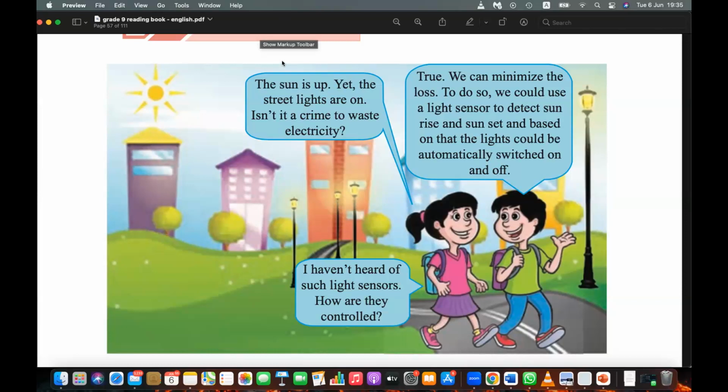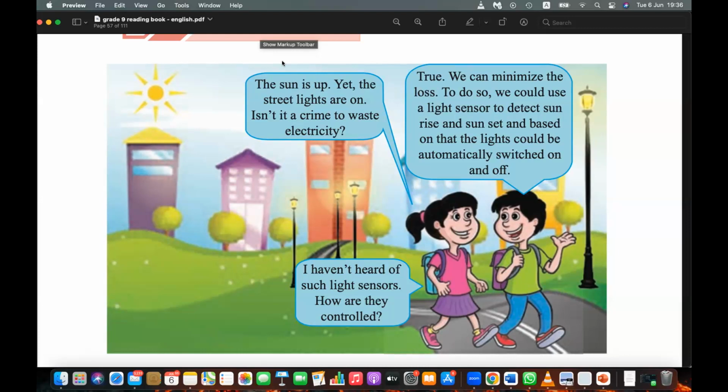Okay, then the boy suggests, if there's a sensor to detect the sunrise, then this can be automated rather than assigning a person, right? This can be done for rail gates also. When a train is there, if the person is not there, maybe on leave or something, sometimes accidents can even happen. If the rail gate is not properly functioning, it can be automated. Similar to that, turning lights on and off can be automated. First, we can start with lights, and then we can use it for rail gates.